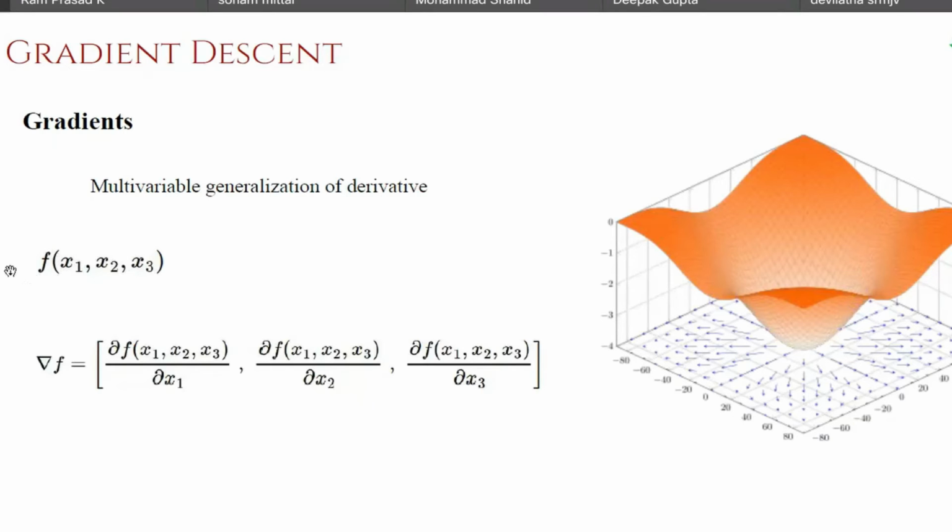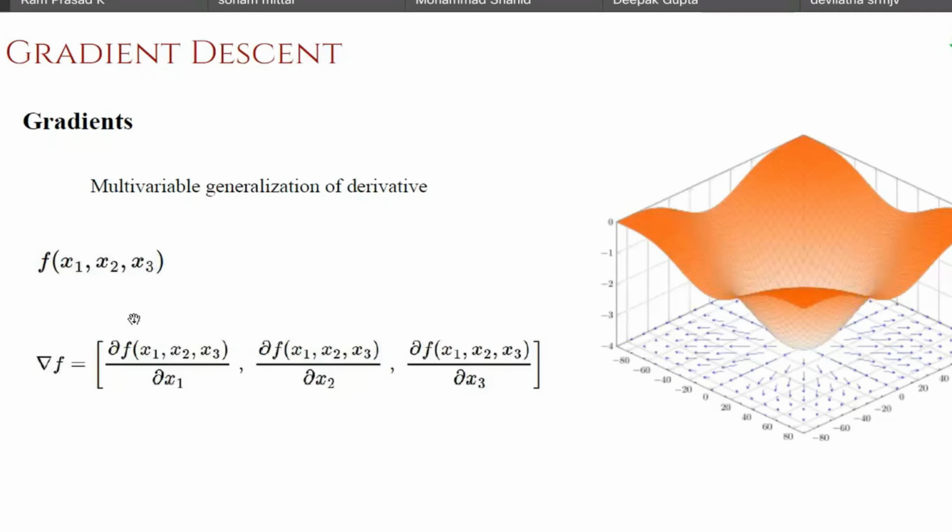So multi-input, single output function. This is a multivariate function. And this is the symbol that is usually used to represent gradient of a function. So the first order differential of a multivariate function with only one output. And this symbol is a Greek symbol called nabla. So we refer to that as nabla f. This is how we represent gradient.